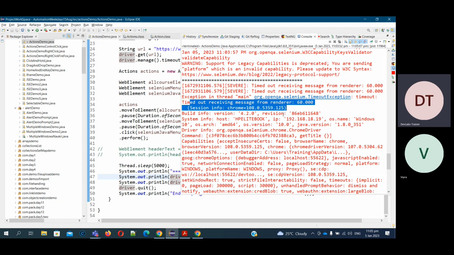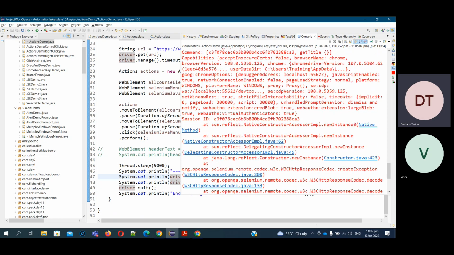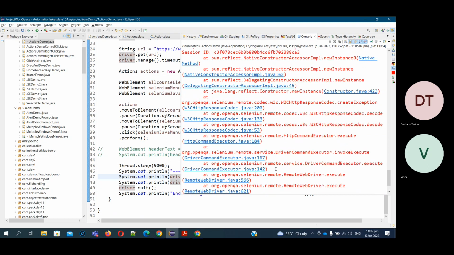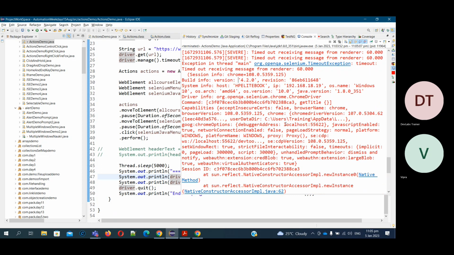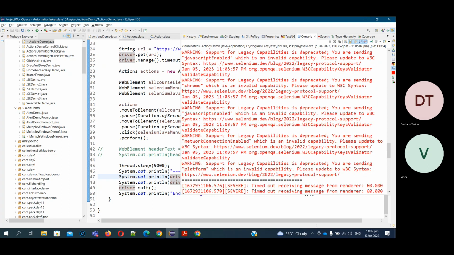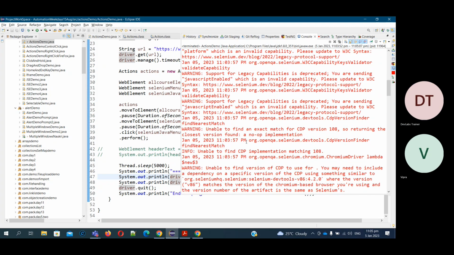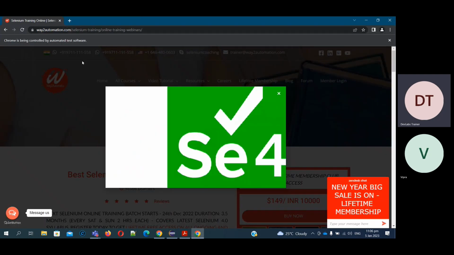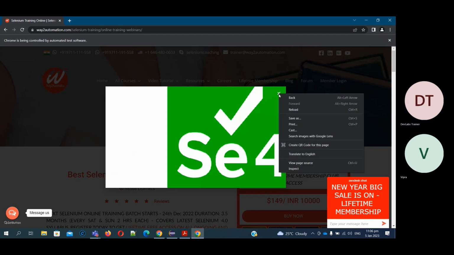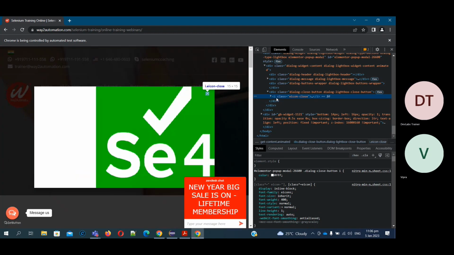Time missing message from the renderer. Browser name this. But why should it keep me, right? There's no problem if I come this way. I think due to this it is failing. Okay. Yeah, I think so, due to this. So what I will do, I will close this. Okay. Inspect. Yeah. So I will do